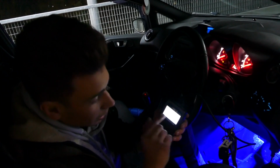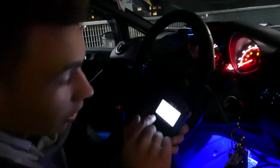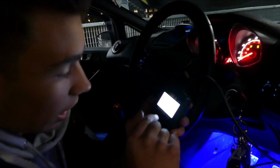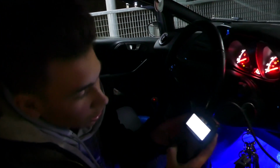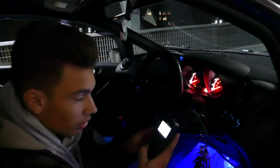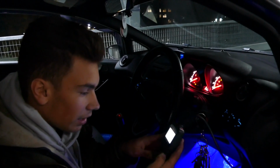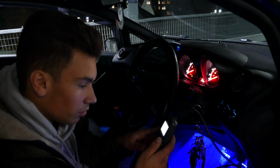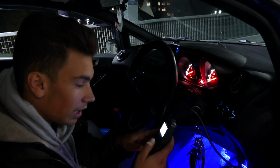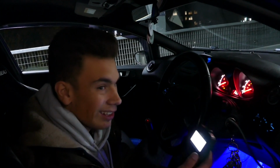So I'm now in the diagnostics menu of the car, so I can read the code, erase codes, live data, view freeze frame, and vehicle information. Like you can get the VIN number up, stuff like that, if you wanted to check that your car is still the correct car, if it's been stolen or something. So I'm going to go for read codes because that's what I want. There's stored codes or pending codes, so I'm going to go for stored, and then it comes up P2187, generic code, system 2 lean at idle, bank 1,